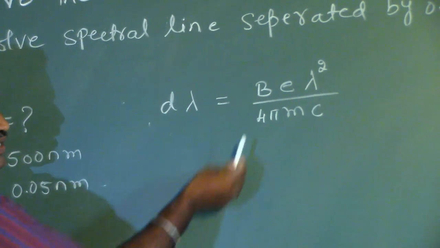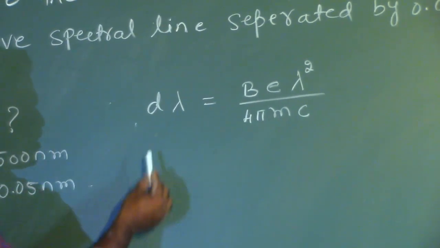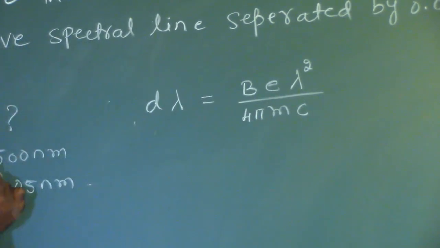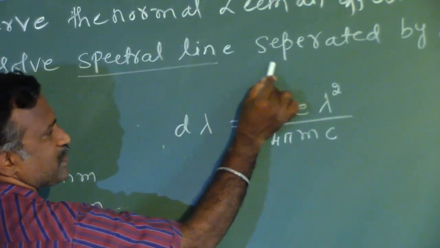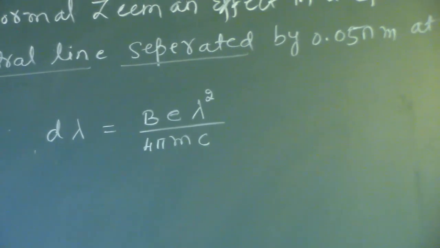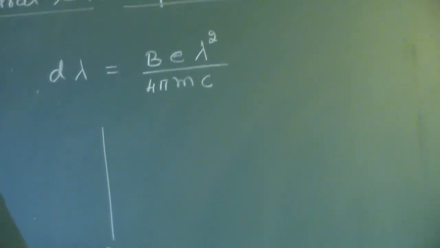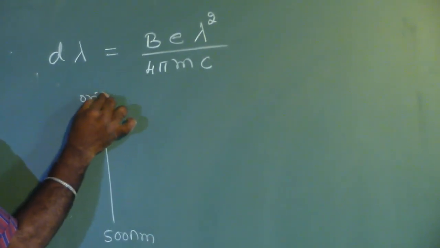Okay, so the charge of the electron is a known quantity, and the mass of the electron is a known quantity. Now first we have to identify which is d lambda and which is lambda in the given values. They are saying that the spectral line is separated by 0.05 nanometer. So that means 500